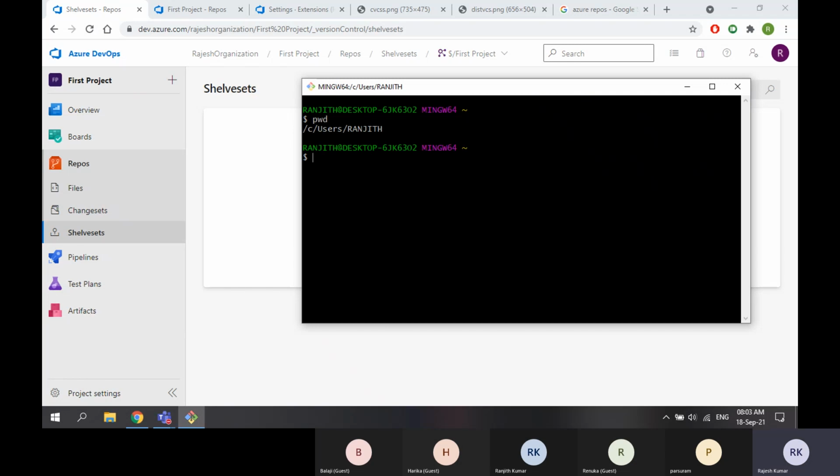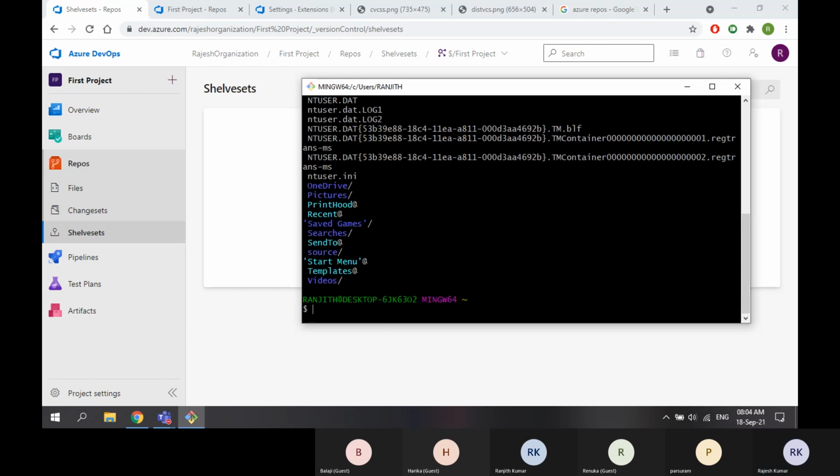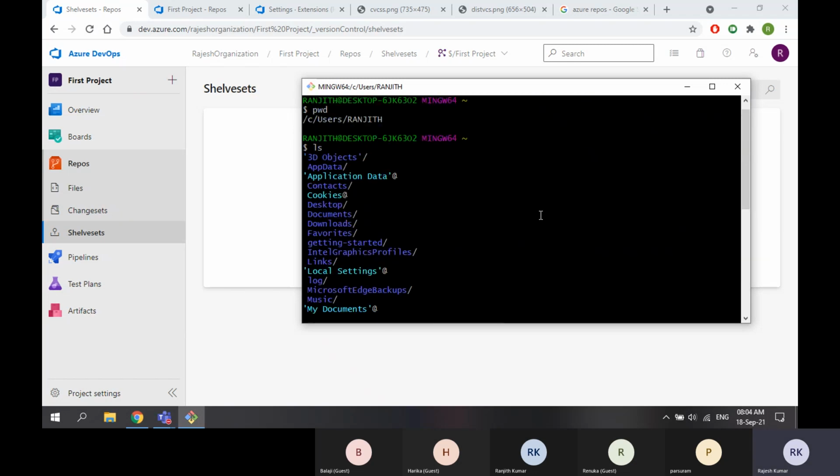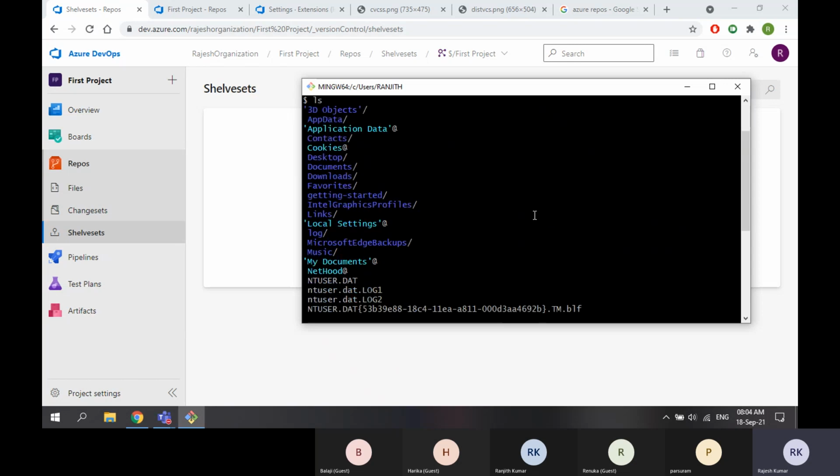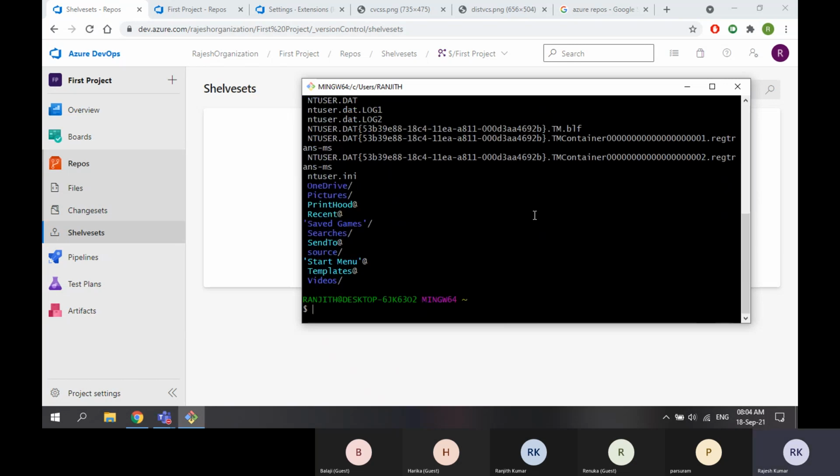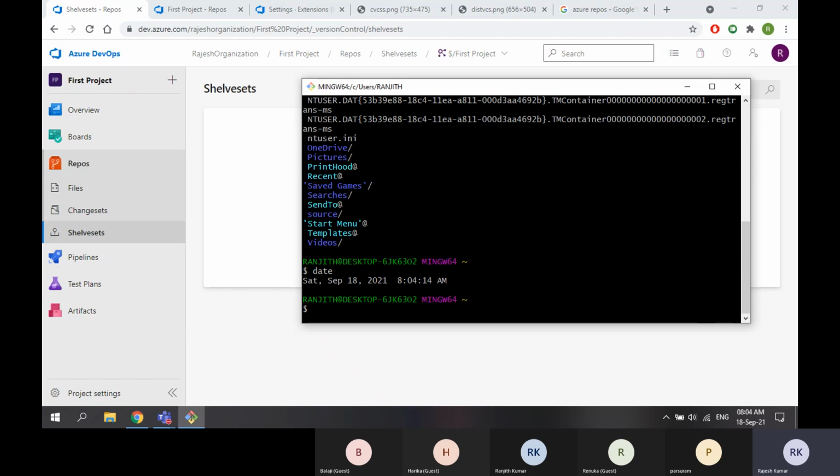If I go for ls, it will list the files in the folder. Then if I type date, it displays today's date. All these commands are supported in bash. So Git was developed on top of bash scripting, and so they call it Git Bash.